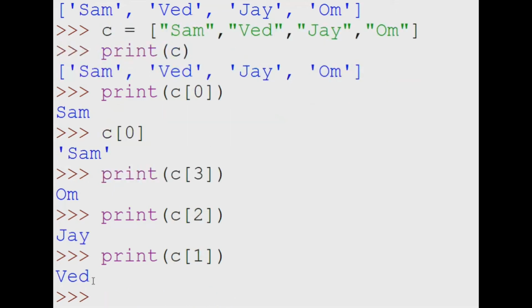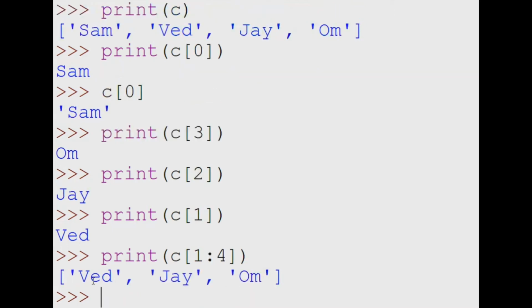And if I write 1 to 4, what will be the answer? Okay, look at this: Wade, joy and ohm.